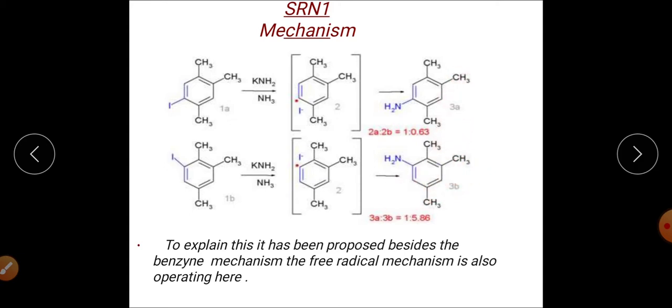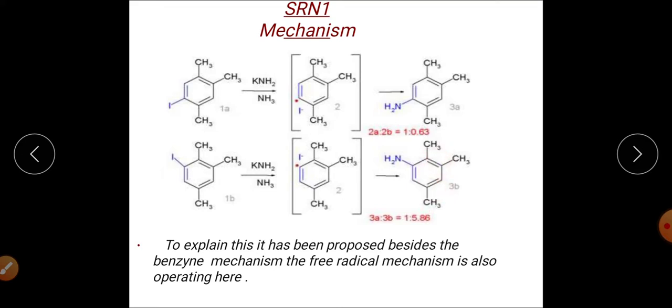And when we compare the ratio of these two products, the ratio came out to be 0.63 to 1, right? This is 0.63 to 1, means from this particular substrate we are getting this product as well as this